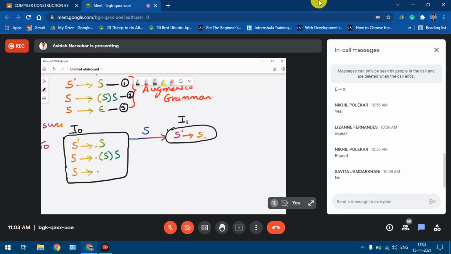After that, go to the next production of I0 only. Right now we are in I0. If you consider the next production, item number 2 over here, can you tell me what will be the symbol to be considered so that we can perform a transition?